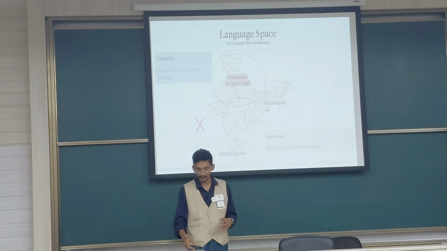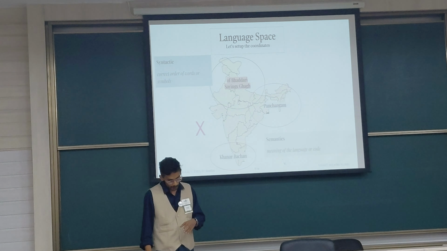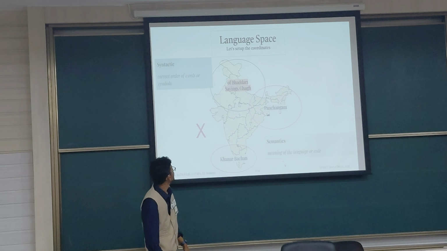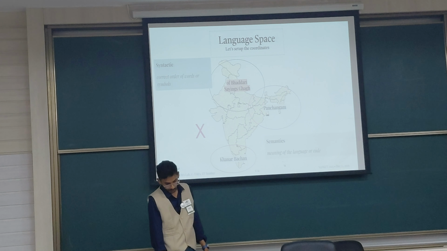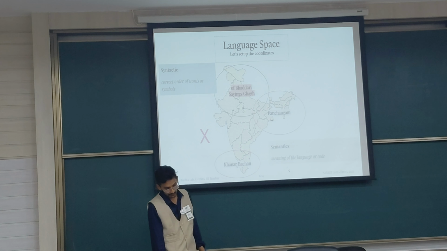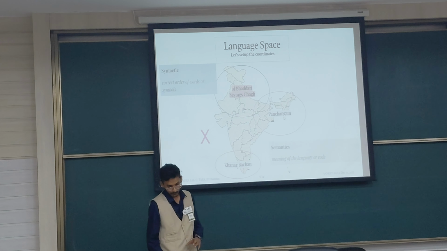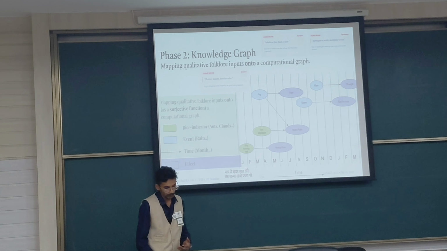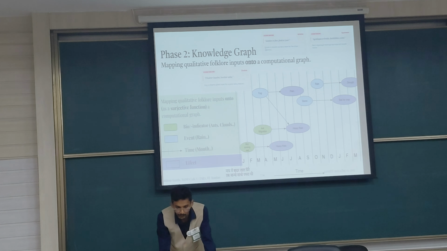So first those things. Like I have here, of this is a wrong thing. This is syntactically wrong. And semantically I am saying this is Patan and this is Khanar Vachan. This is meaningfully wrong. So that's the language space. So I have created a knowledge graph using those kinds of things. If you see here,